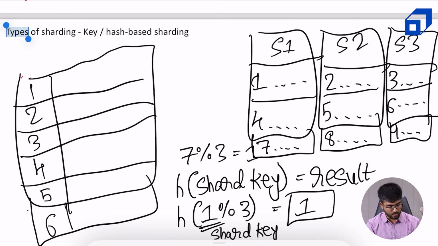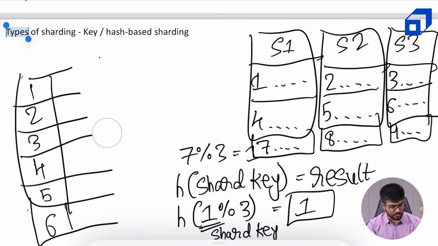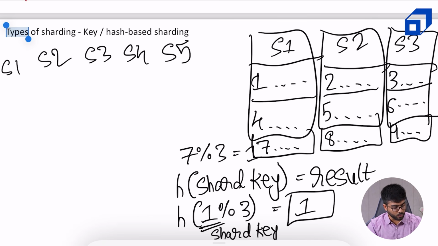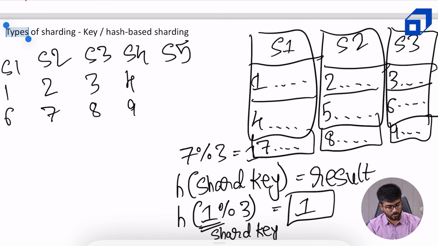our data. So let me just get rid of the main table and we can see how it affects our data entries. Now shard 1, shard 2, shard 3, shard 4 and shard 5. So user ID 1 and 6, 6 modulo 5 is 1. So 1 and 6 will be in shard 1, 2 and 7 in shard 2, 3 and 8 in shard 3 and so on. Now the current data is differently organized than what the ideal data should be for 5